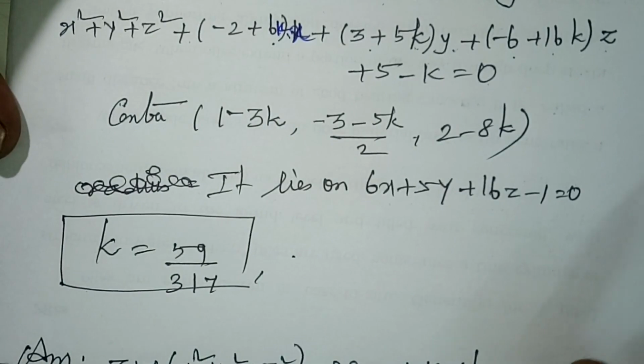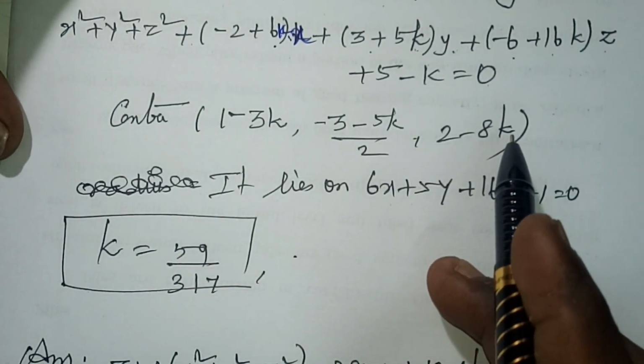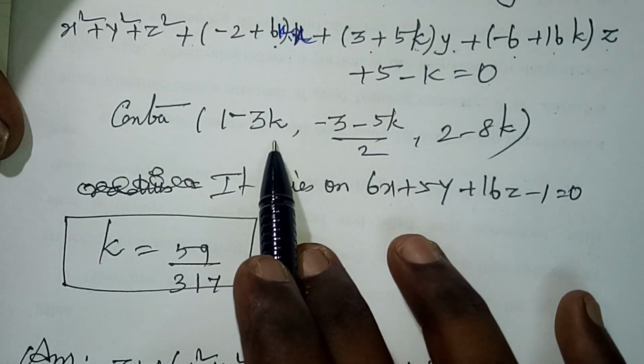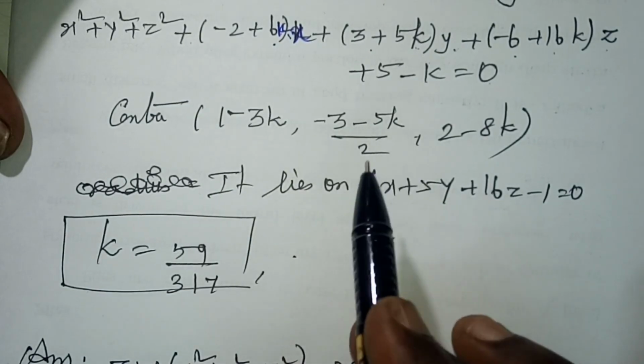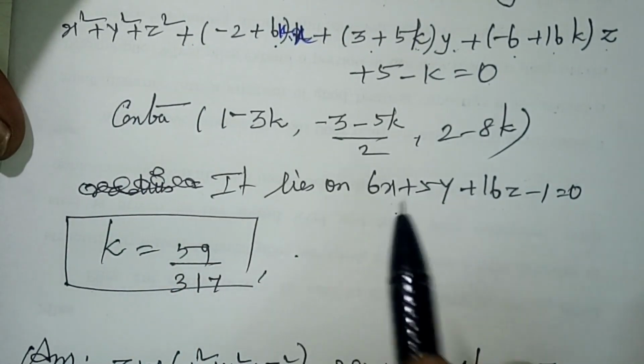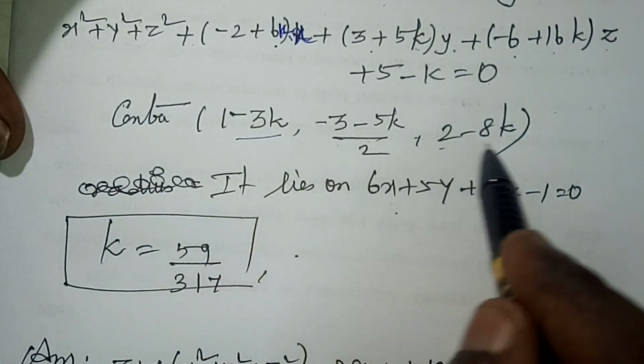From this we easily find the center of the sphere. So this is the center of the sphere. Already we know how to find the equation of our sphere. Now from this I need to find the value of k. We know that it is a great circle, so the great circle means this center must lie on the plane. So I am substituting that this is x, this is y, and this is z.